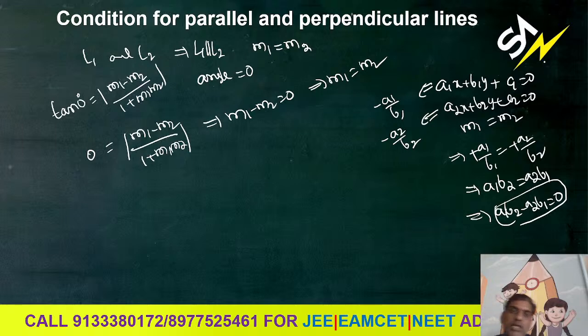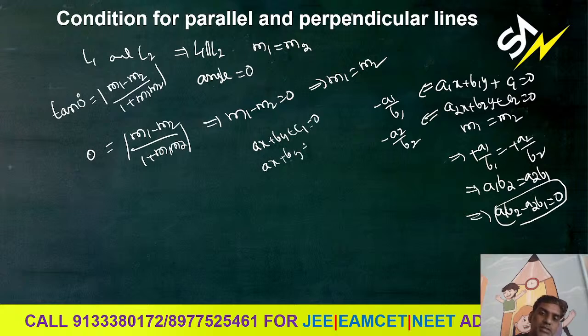Understood? And one more point: two parallel lines can differ with only constants. Means ax plus by plus c1 equal to 0 and ax plus by plus c2 equal to 0. If any two lines are in this form, directly we can say they are parallel to each other. Alright. And next,